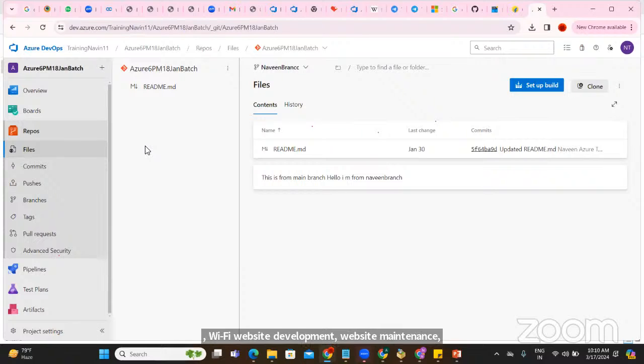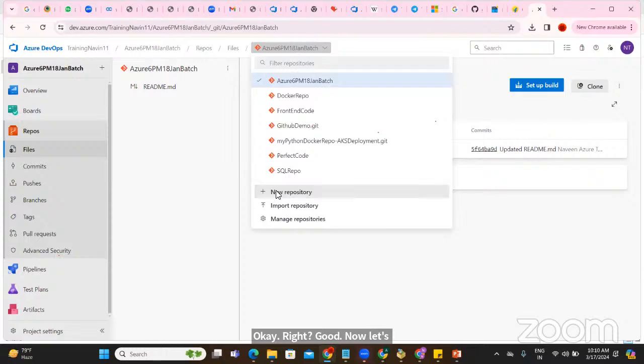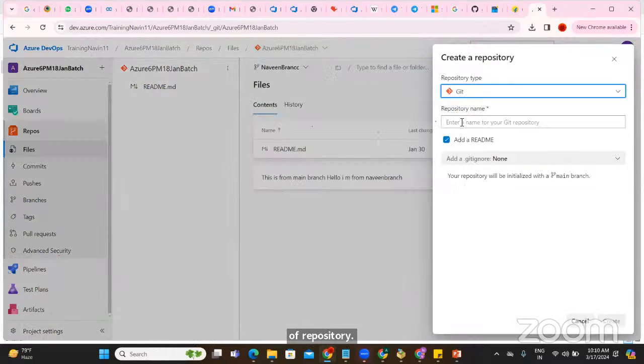Your website would be developed and managed on the Azure portal, guys. That is the use. Good. Now let's see. I'll make a separate repository and call it a workshop repository here.